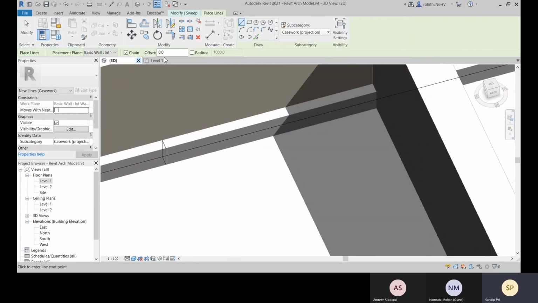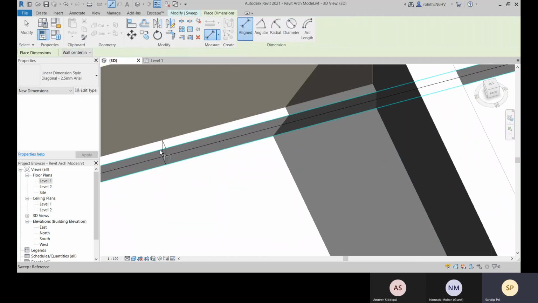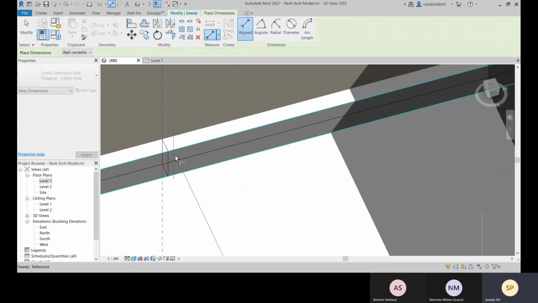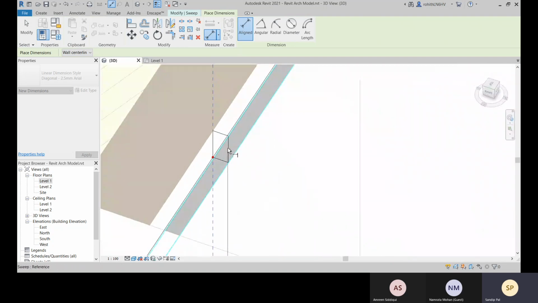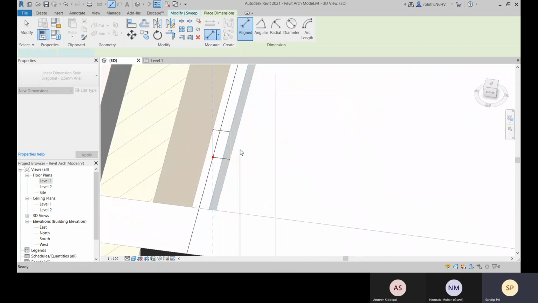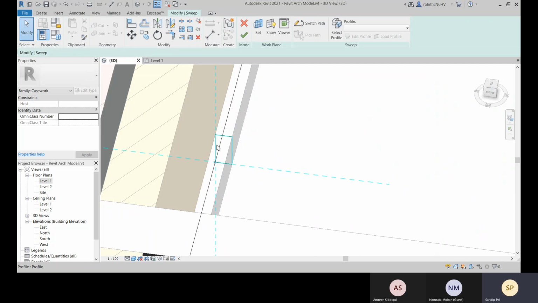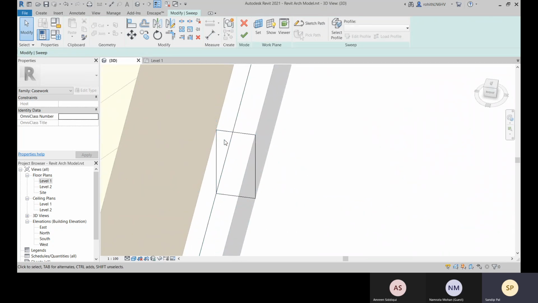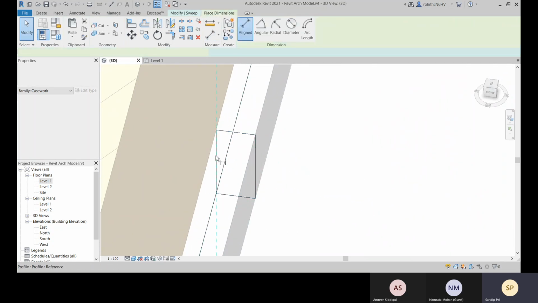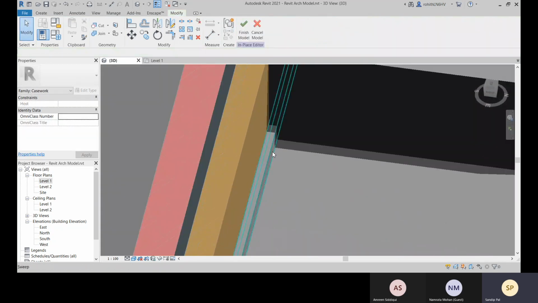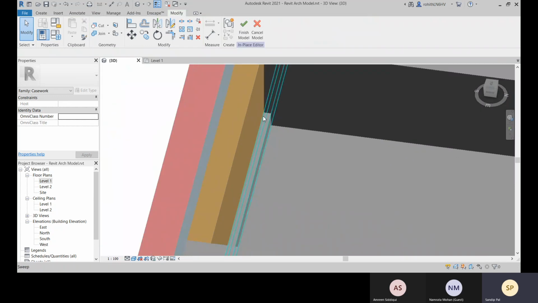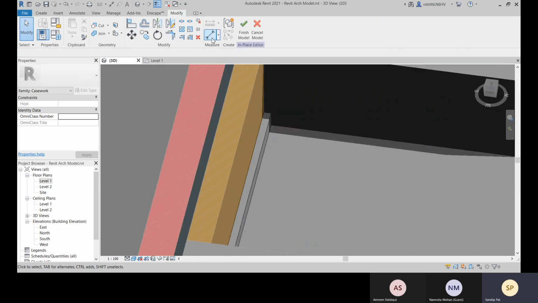This as a working plane, then assign the dimensions. After creating it, you can also assign the dimensions, like to this face, to this face.